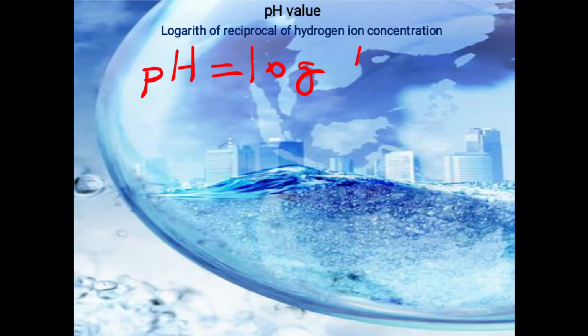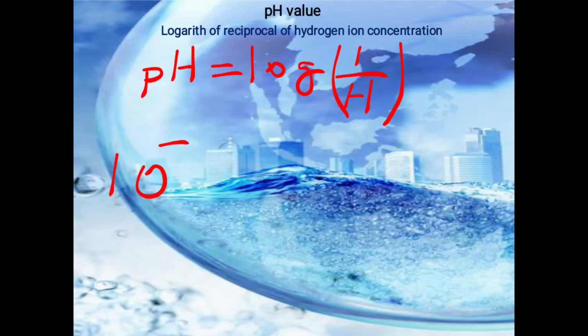Then pure water is a balanced combination of positively charged hydrogen ions and negatively charged hydroxyl ions. In pure water or neutral water, their number is equal. It has been found that the product of the concentration of hydrogen ions and concentration of OH ions in a water solution is constant. And this constant has been found to be equal to 10 raised to minus 14 moles per liter.